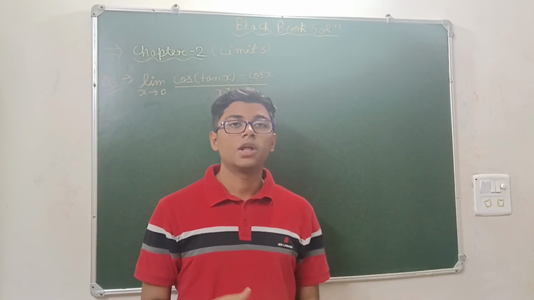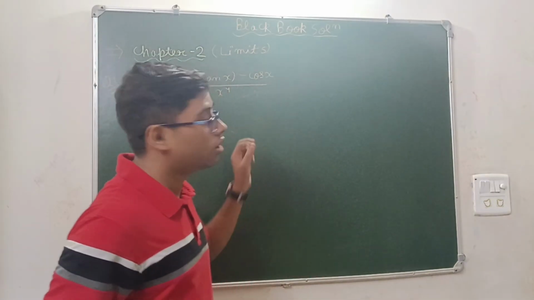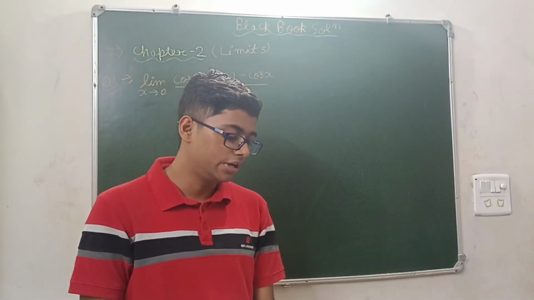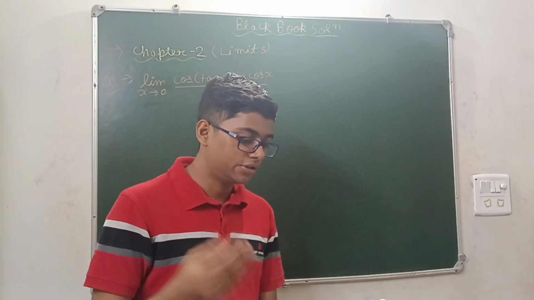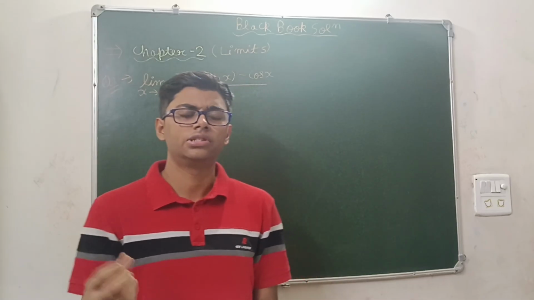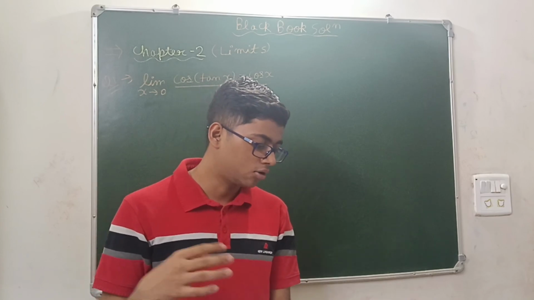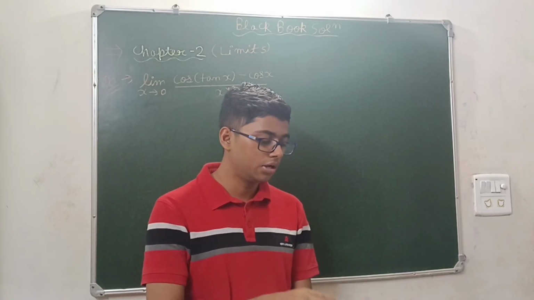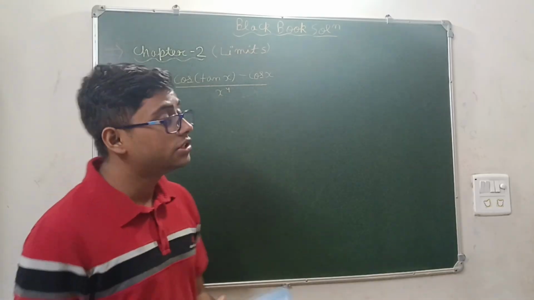So from today, I am starting a new series where I will be covering the chapters of this book one by one. The very first chapter which I will be covering is limits. Although the first chapter given in this book is functions, I will be doing functions later. First of all, we'll start with limits because limits is a part where students generally feel confident, since it's an easy part. I will be covering calculus first, then algebra and coordinate geometry, then trigonometry. In 2 or 3 months, we will be covering the whole Black Book solution, starting with the very first chapter, limits.